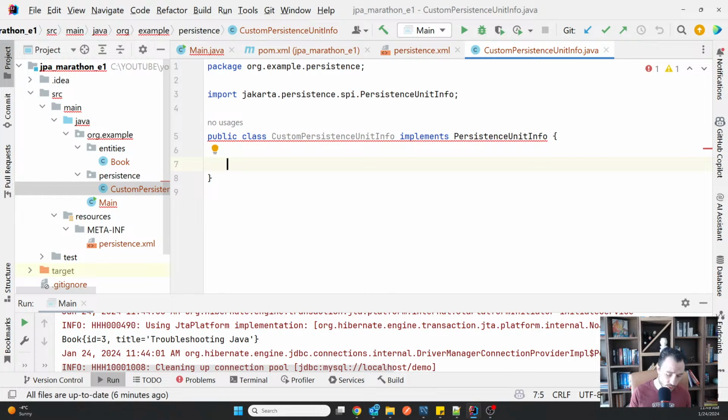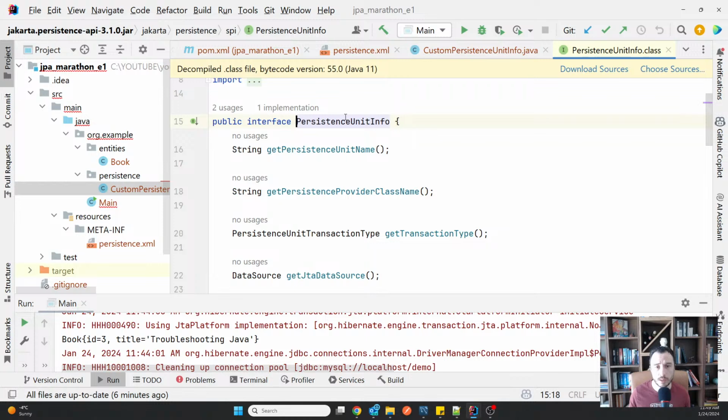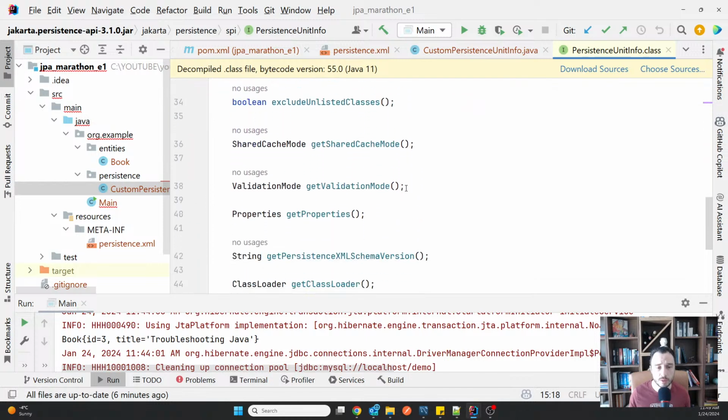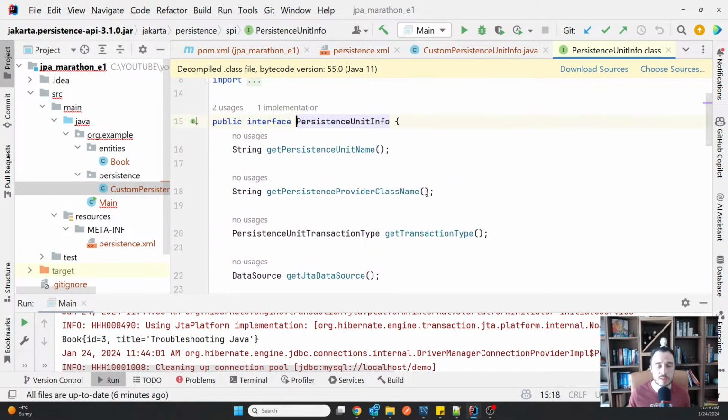And then of course it's an interface, so all its abstract methods need to be overridden, and there are quite a few of them that we will need to override. If you take a look into the interface, you will see it's actually quite a large list of methods. Fortunately for us, not all of them are mandatory, so we don't necessarily need to implement each and every one of them.